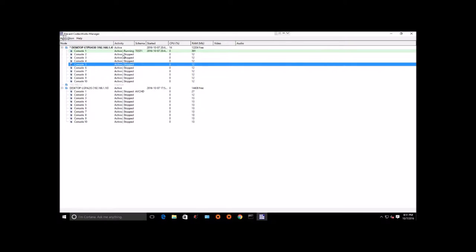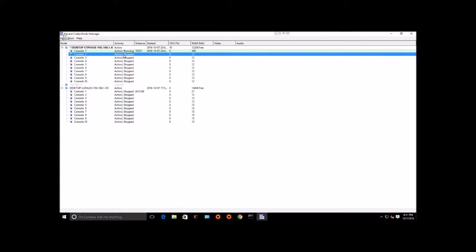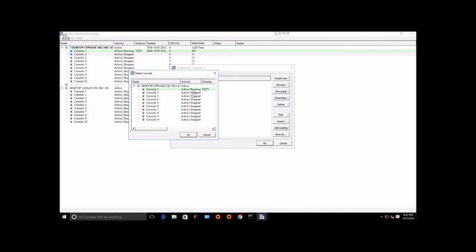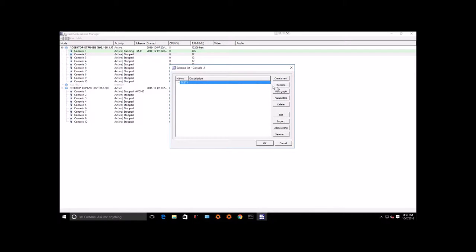So I need to create a new schema for the second console, but in order to make the task simpler, I want to show you a very useful life hack. Please go to the Change Schema window, and here I advise you simply to import the encoding schema we adjusted in the very beginning from the first console. Great. Now let's just simply rename this channel as test2, and using the same keys, the same configurations, and